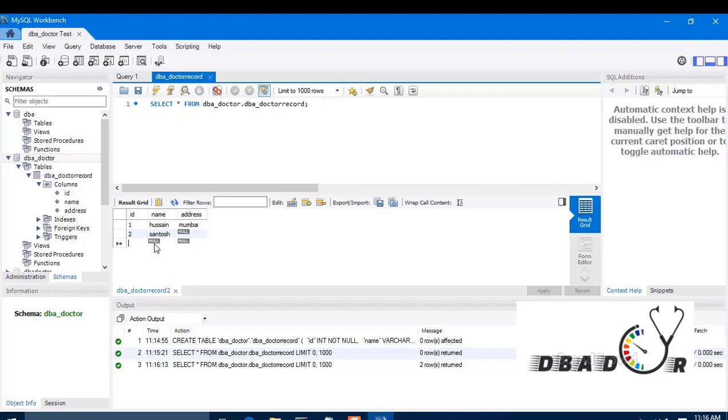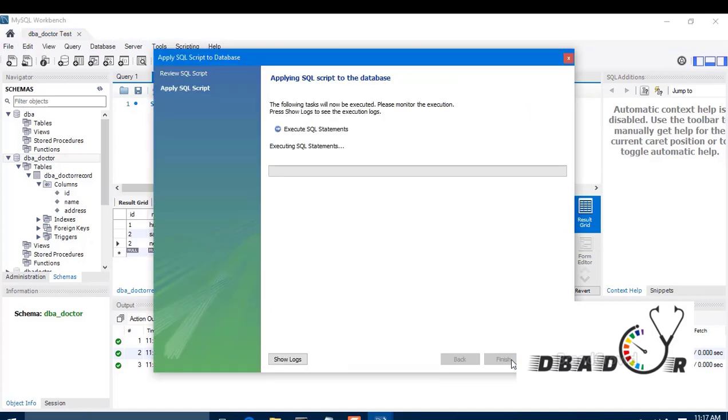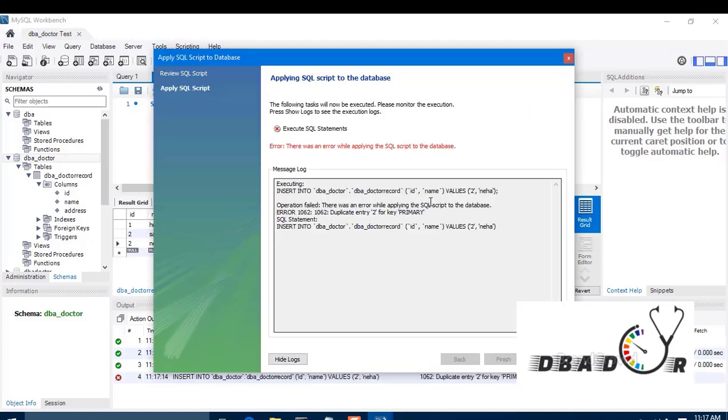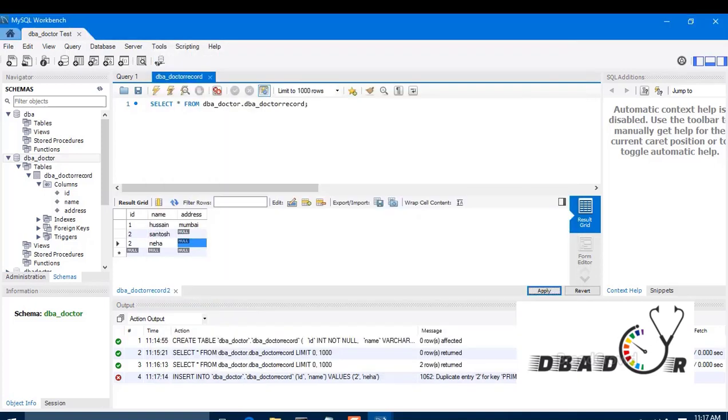Let's see. Let me try to apply, what are we getting? Insert into record, operation failed. There was an error while applying SQL script in database. A primary key violation error we are getting. Okay, like that. If we provide a duplicate primary key, then obviously we will get this kind of error.